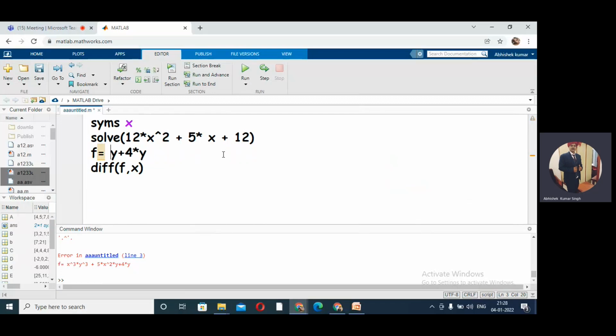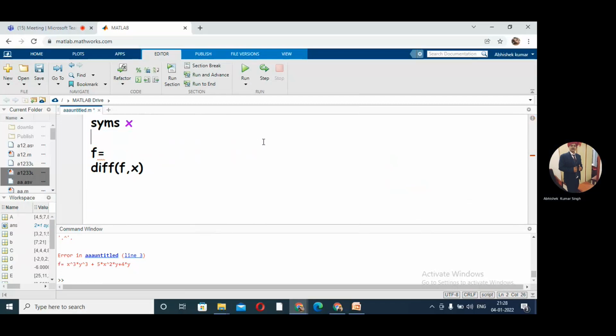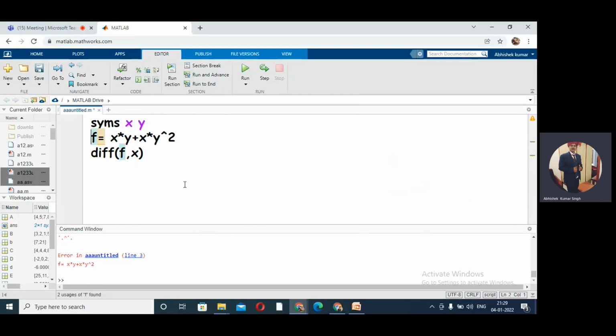Let me write this function once again. I'll take any simple function. Okay, I'll delete this, and this one I'll delete. I'll take f equal to x into y plus x star into y square. Then we say diff f comma x. Diff f comma x. Oh, you need to define y also here, right? Because we are using two variables. So in the syms command, you have to define that. Now let us see what is happening. Yeah, we are getting